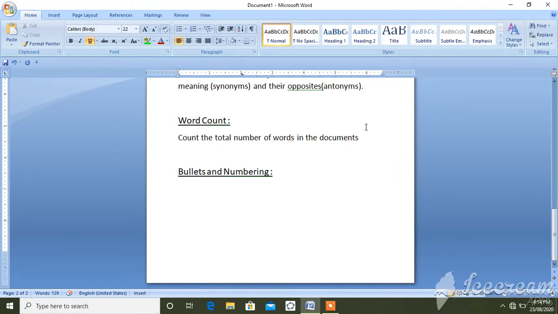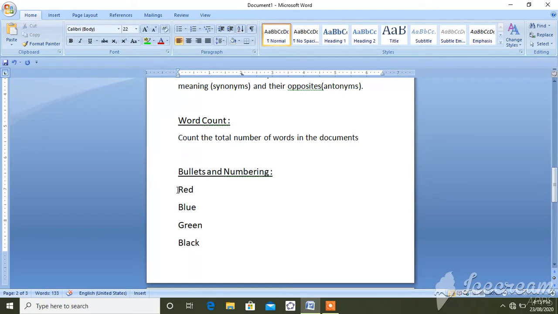Okay, suppose there is a list of colors: red, blue, green, black. Okay, now generally we give the numbers 1 2 3 4, or we write a star.